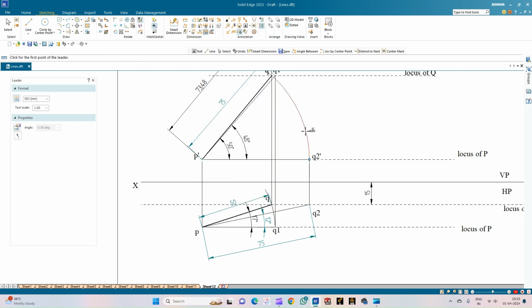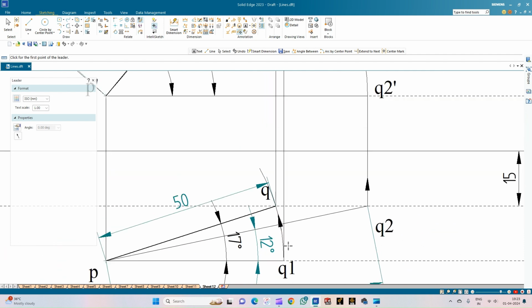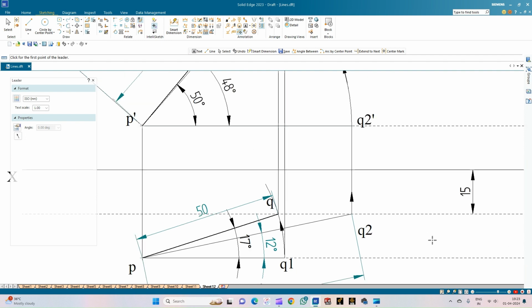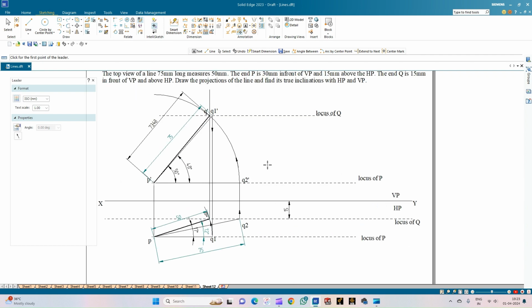So we have done the arrow from this direction, so we have taken the projector from this direction, and we have drawn the projector downwards, and then we have drawn the arc from this point to intersect the locus of Q. So with this we have completed the